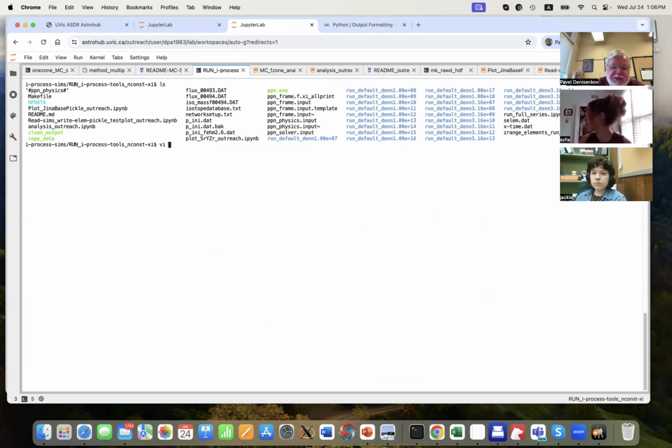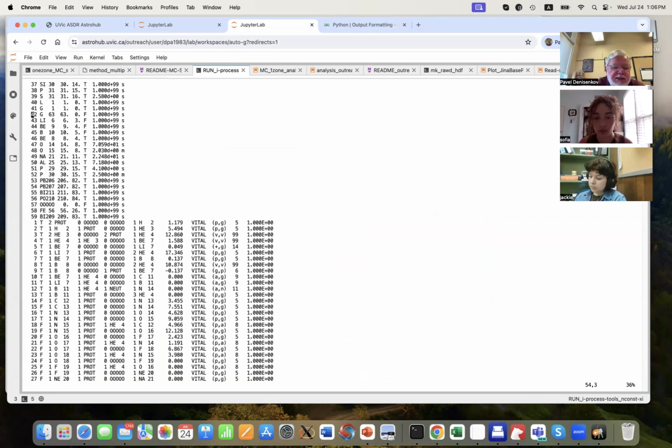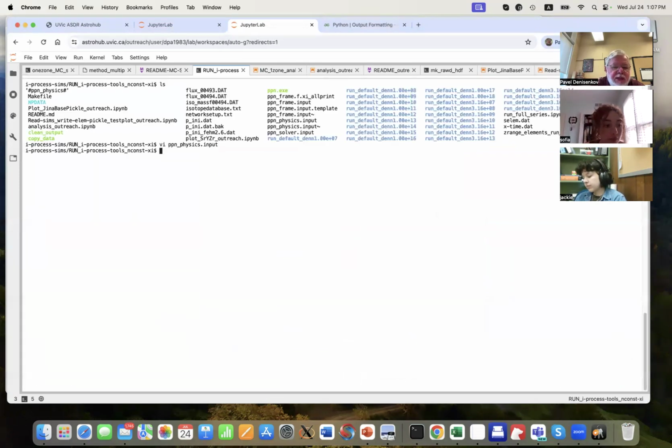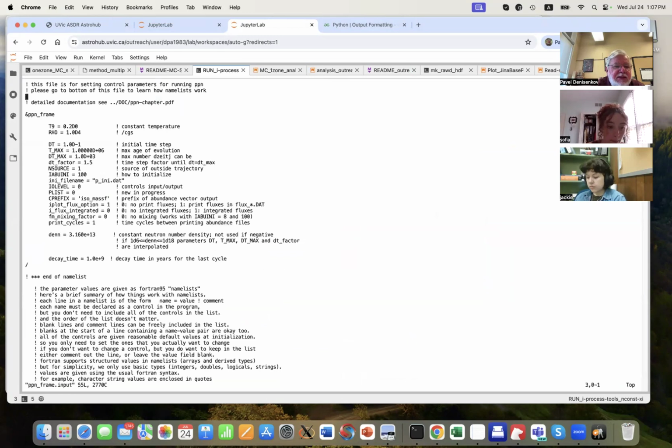First, you check that ppn physics has ininet equal 3. Okay, that's good. Then you check that ppn frame.input has the right neutron density that you were assigned, and decay time 10 to the 9.